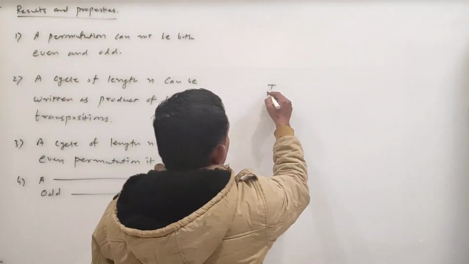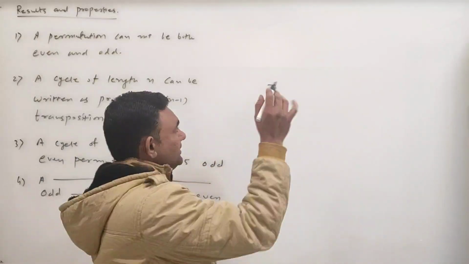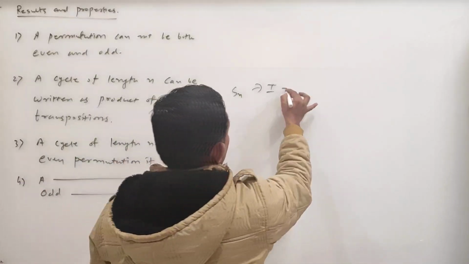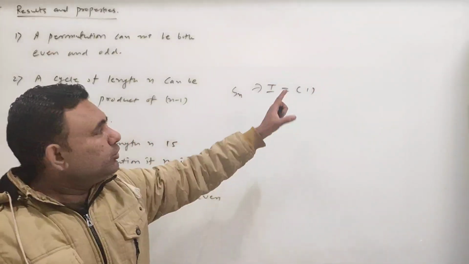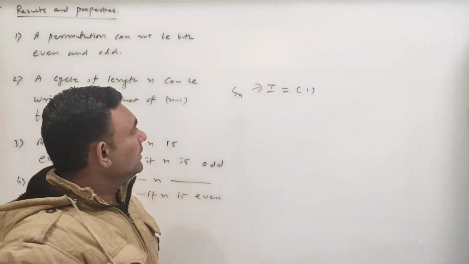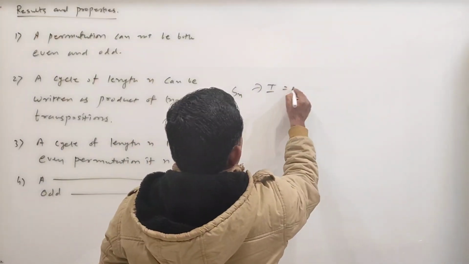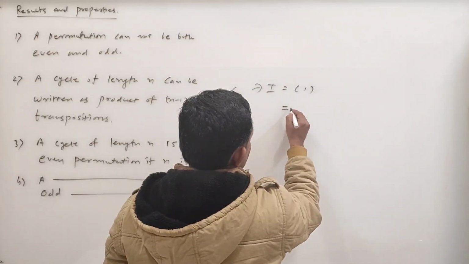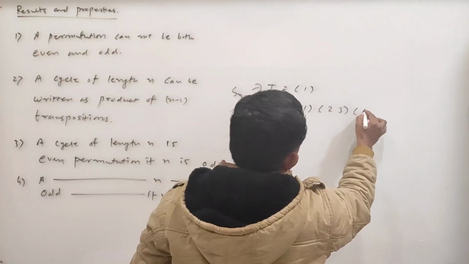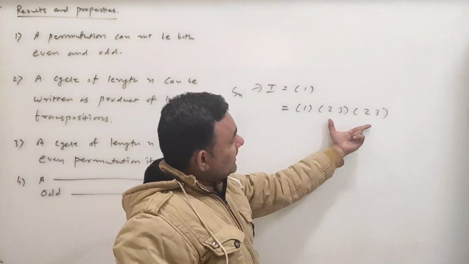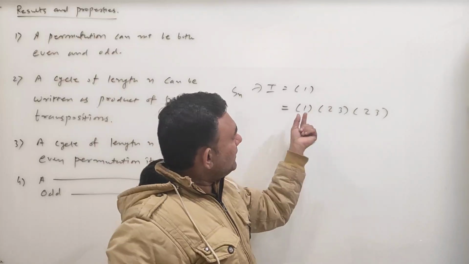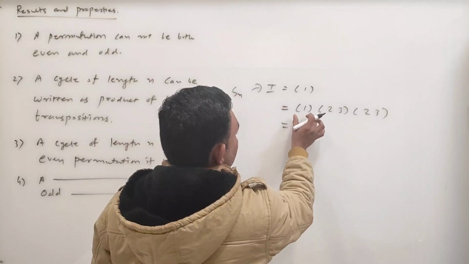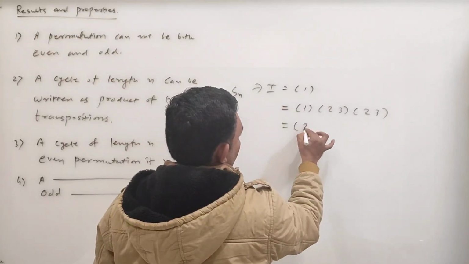See, what is identity in Sn? ये मैं कोई भी Sn ले लेते, S5, S10, whatever. So identity can be written in this way, this is my identity, you can write 2 also, 3 also, whatever. But see, now I will write this: 1 can be written as 1, now 2 3 2 3, let me write in this way. So again this is identity, identity into identity is identity. So this is what, now this represents identity, so I will not write 1, I will write just 2 3